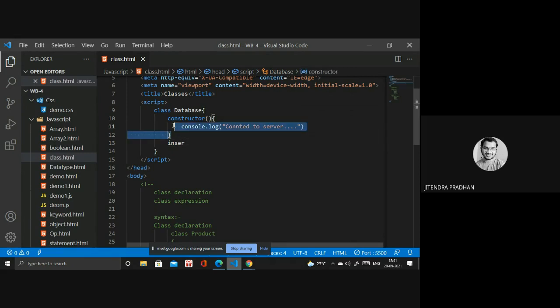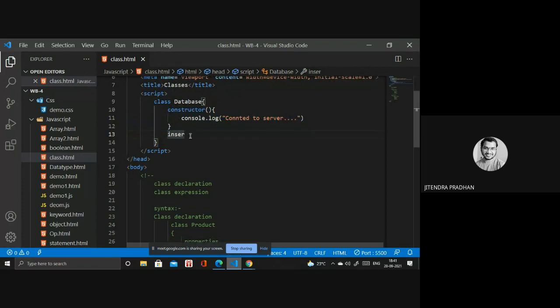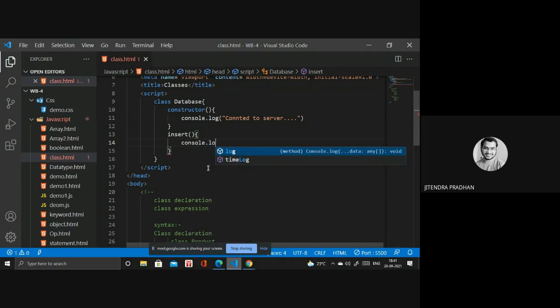This is the constructor, and this is a method. So we are adding the method in that class. In it, console.log "data inserted". First it connects to the server, and after that it inserts the data.